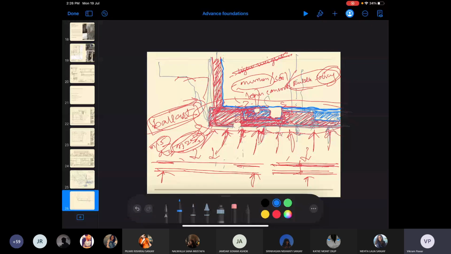Pass to pass, then we can move ahead. Somebody say pass, then I'll move ahead. You still want to try?